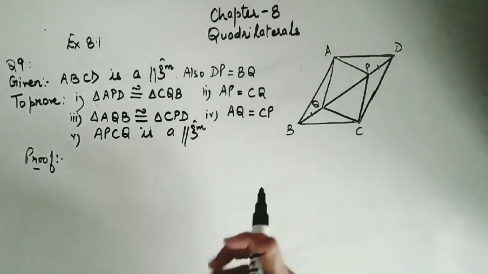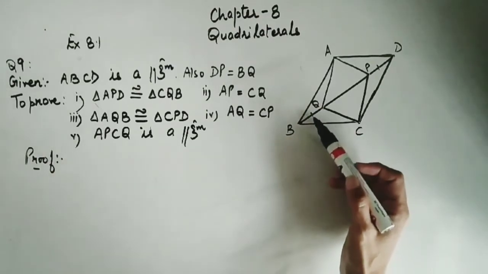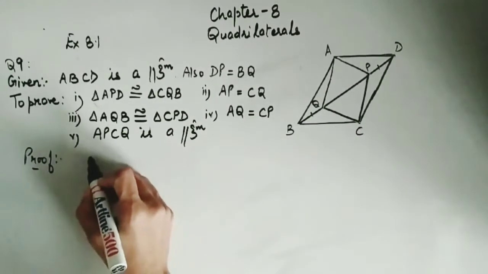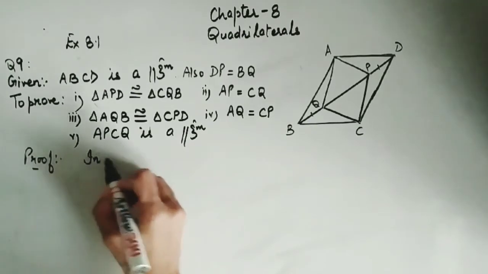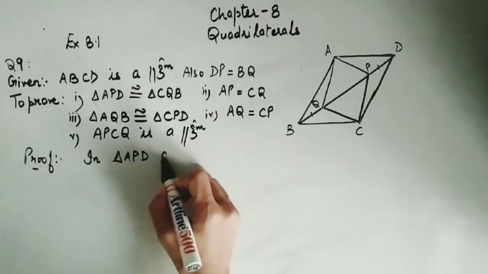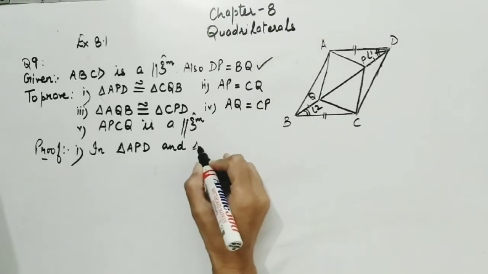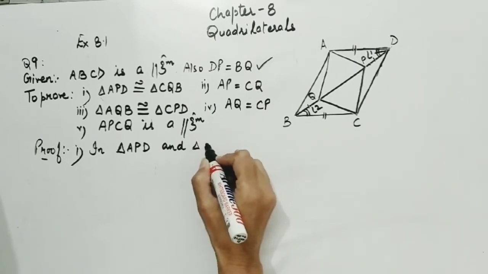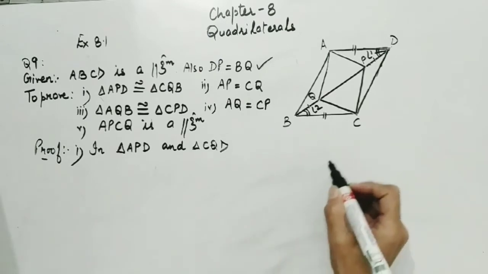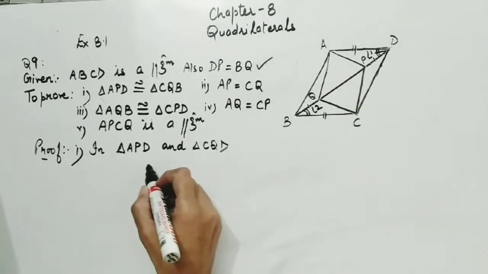First of all, we need a minimum of 3 matching parts. The first one is clearly visible. Let me write it simultaneously. We would be writing for triangle APD and triangle CQB. Look at the matching parts. First one is AD is equal to